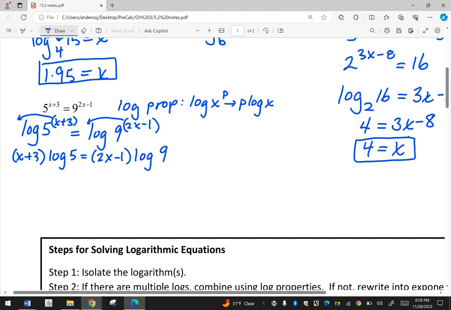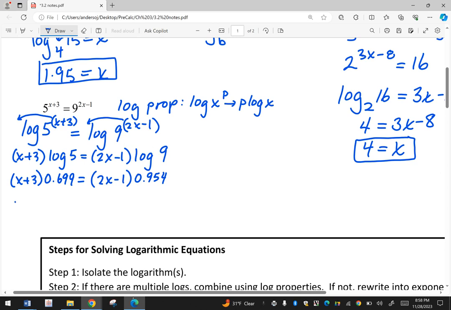Now, if you remember what we discussed the other day, a logarithm is just a decimal answer. If I were to take my calculator and type in log 9, I would get approximately 0.954. And over on this side, I would get approximately 0.699. And so now what I've done here is I've just simply created a multi-step equation where I can take that decimal and distribute it into the parentheses,